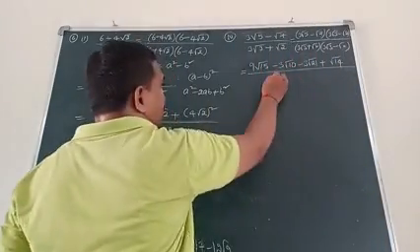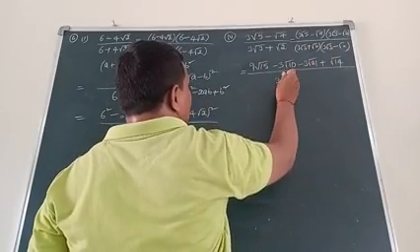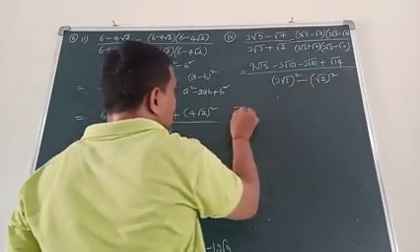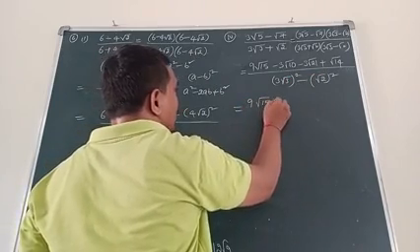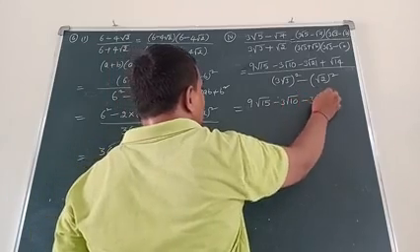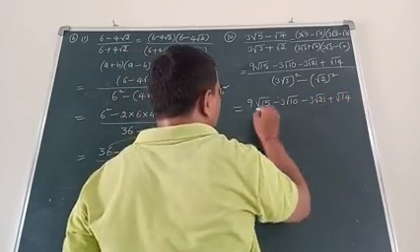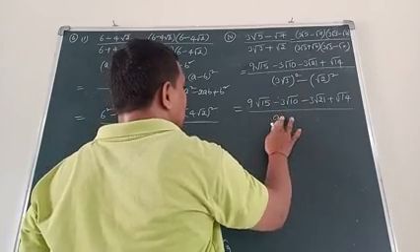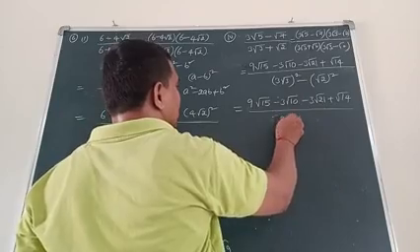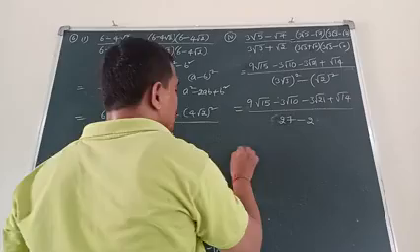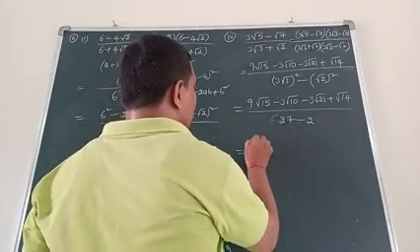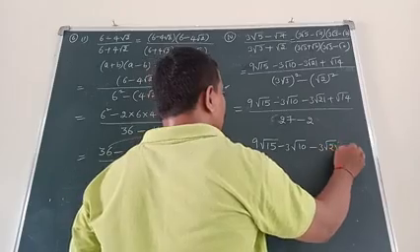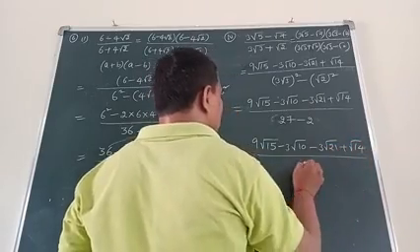Now the denominator is a plus b into a minus b, a square: 3 root 3 whole square minus b square, root 2 whole square. So 9 root 15 minus 3 root 10 minus 3 root 21 plus root 14, by 3 square 9, the square and root get cancelled, 9 3s are 27, minus the square and root get cancelled, 2. So what is the answer? 9 root 15 minus 3 root 10 minus 3 root 21 plus root 14 by 25.